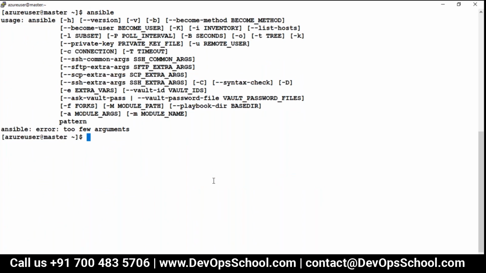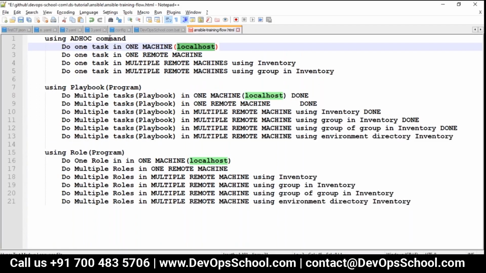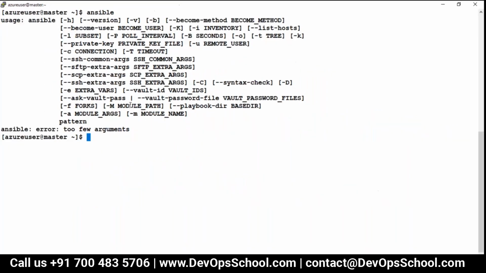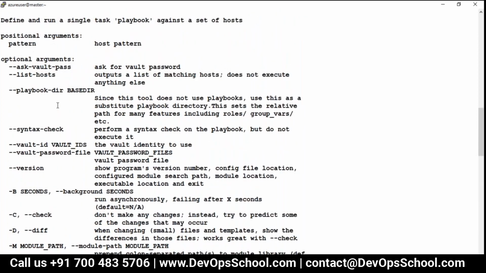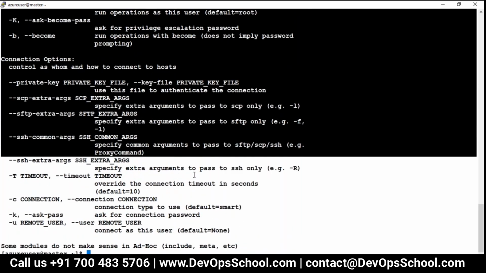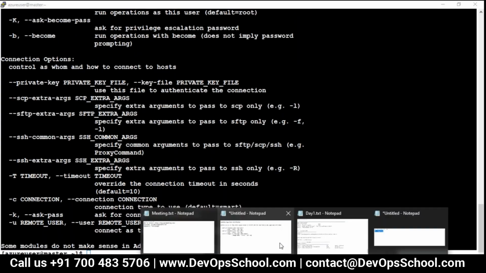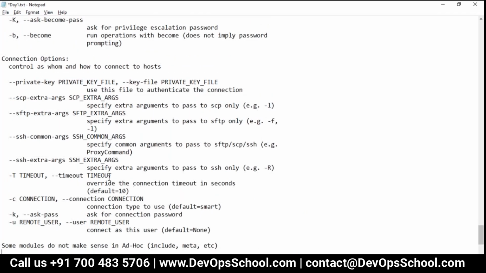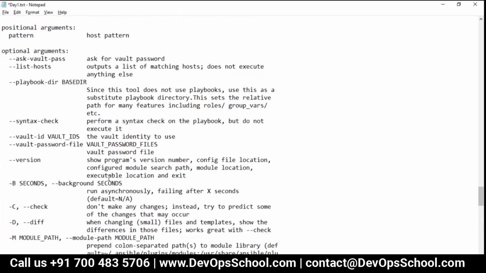Tell me Ansible, I want to know how I can run one module through the command line. Remember, all I'm saying is command line. So how can you run a task in the command line? I will ask Ansible, and I didn't get that option, so I will add -h. See here. Please understand that it's very important for all of you. You have to spend some time here because this is very important. We will discuss in detail a little later. For the time being, let me show you these options.